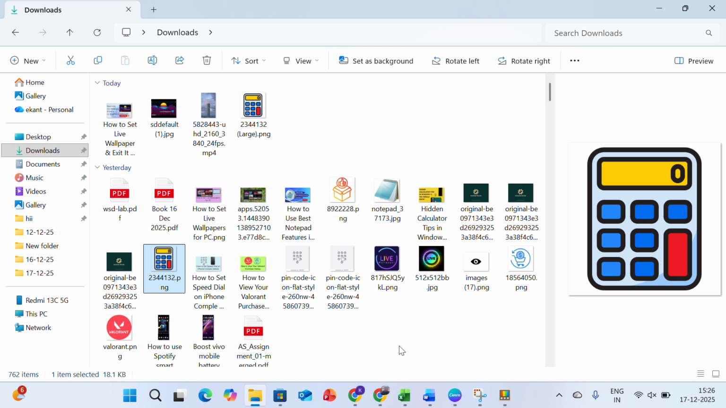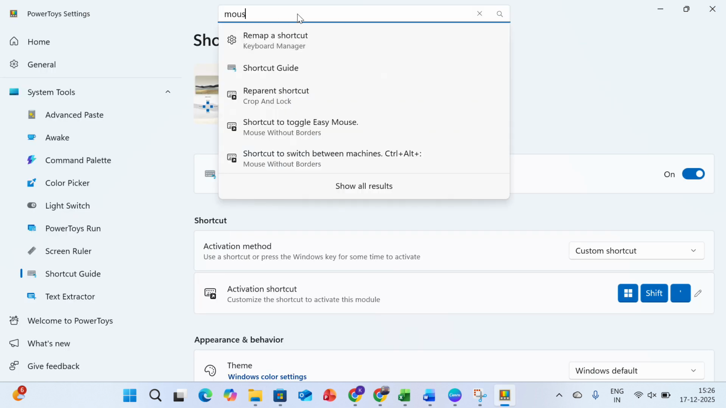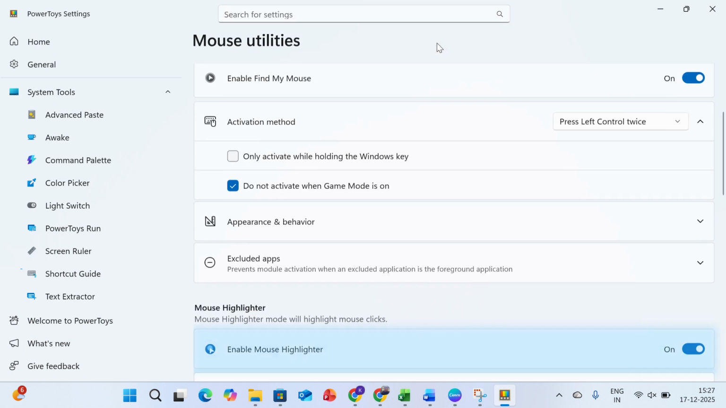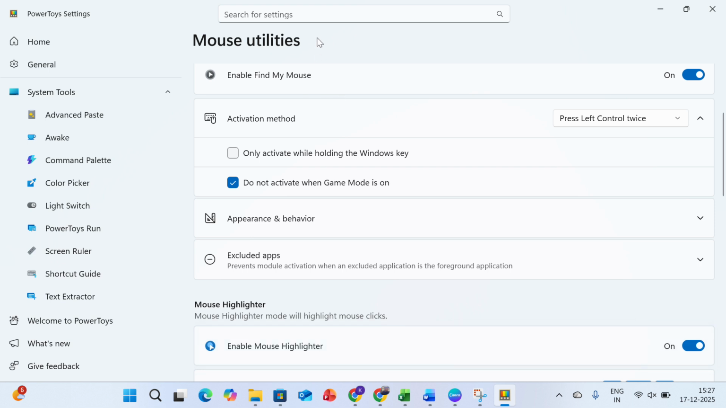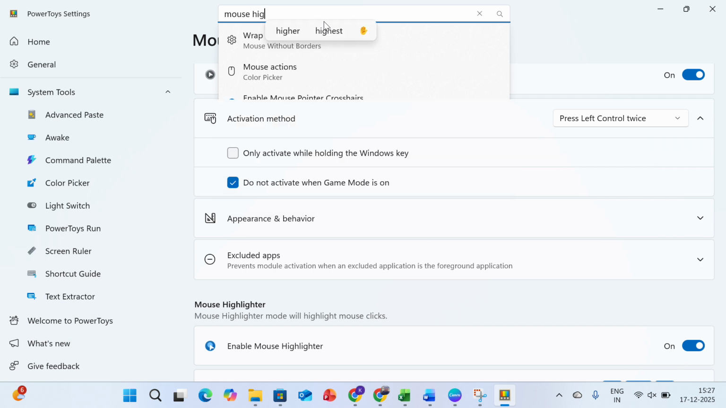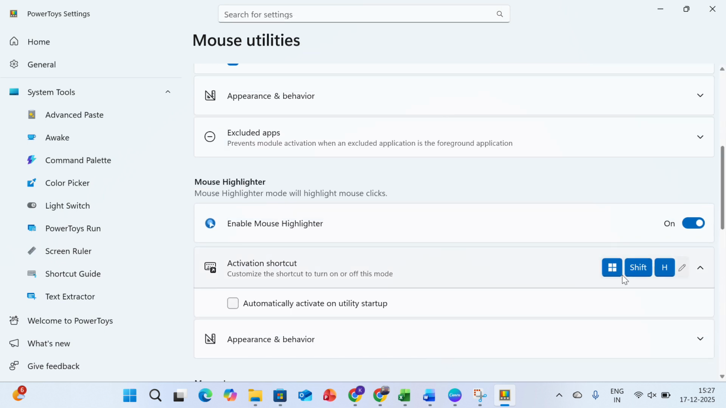mouse highlighter. Again we are going to open PowerToys. Here we will search mouse highlighter. This will help in presentations. Here you will see turn it on, mouse highlighter. When you press Windows Shift plus H,